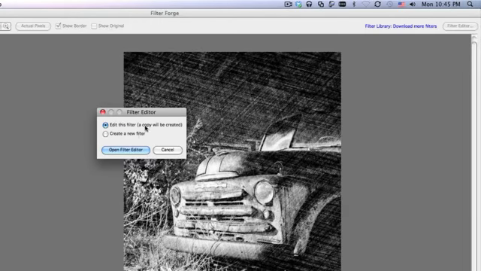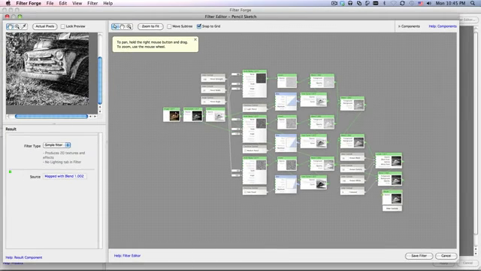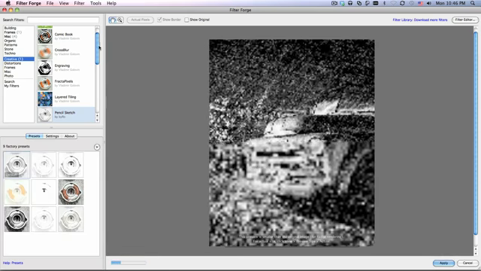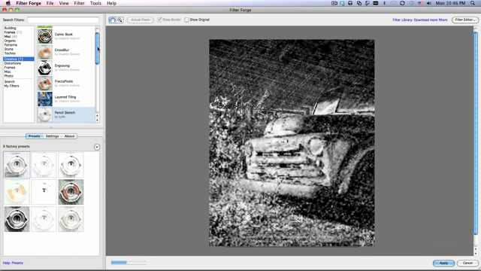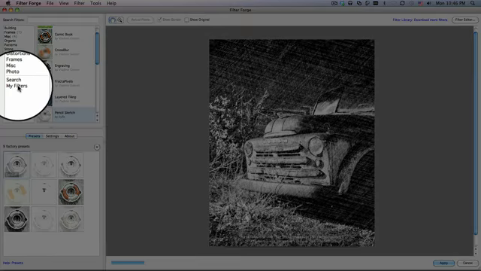Well, if I say edit this filter and just choose Open Filter Editor, you'll see we get this node-based window that shows all of the strings and controls of how that filter was made. Now this one's pretty advanced, and you can see there's lots of stuff going on with the controls and the connectors here. I'm just going to cancel out of that. It's a little intimidating when you first see it, but I can tell you, as I started to play with this myself, in about 20 minutes I actually managed to make my own filter, and I was pretty excited about that. So if I just come down here to where it says My Filters,